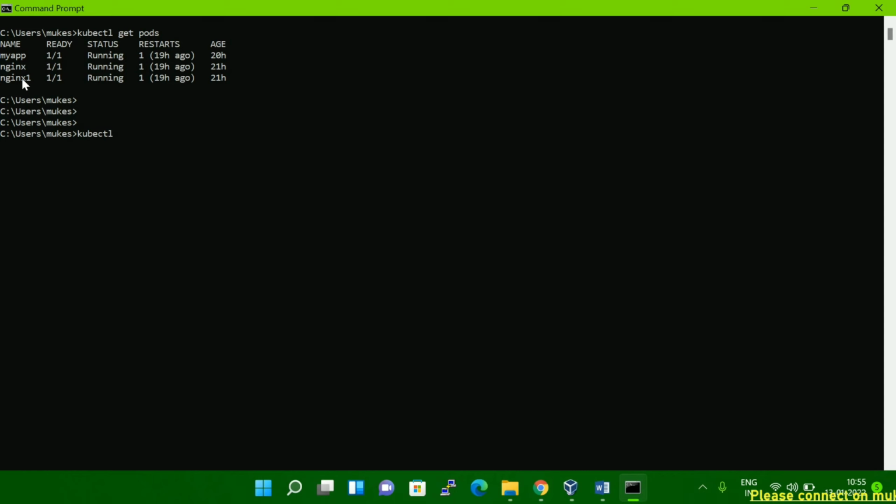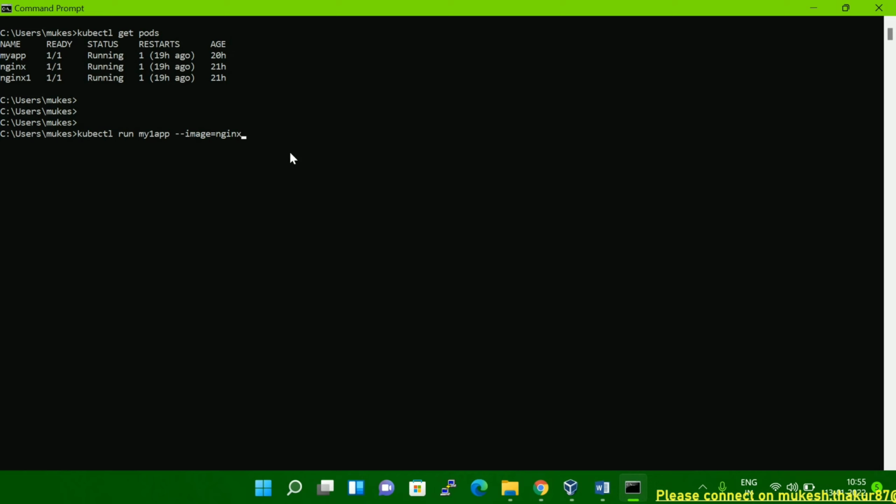Now let me run another command: kubectl run, then a name, like my application name, anything as per your requirement. I am going to give the name first-app, just for identification. So kubectl run, then the name, then --image equal to which kind of image you are going to use. I am going to use nginx.